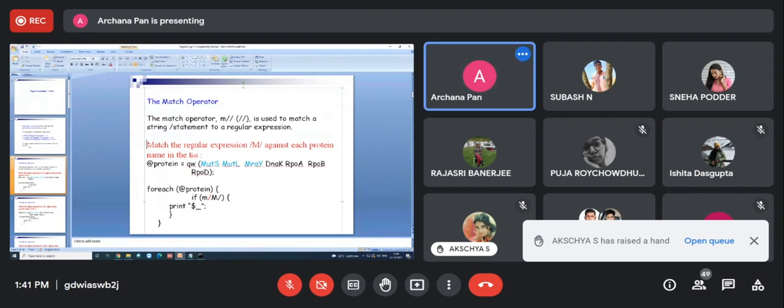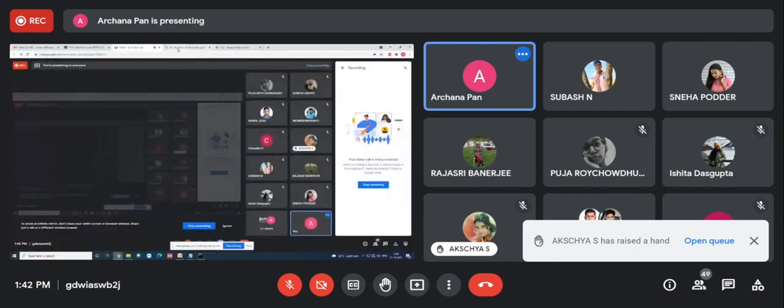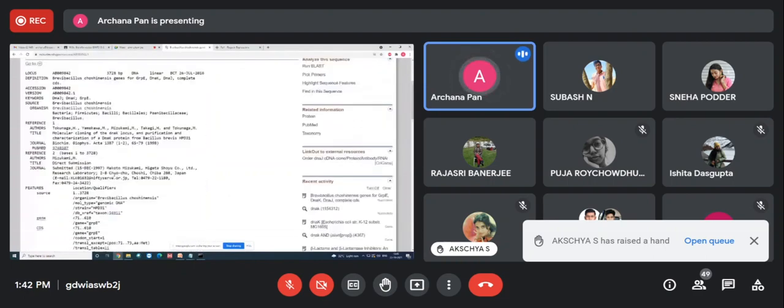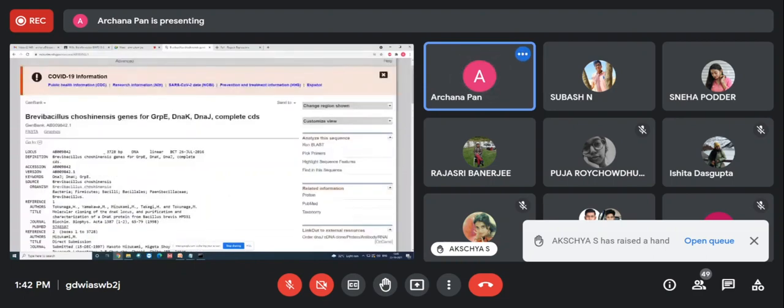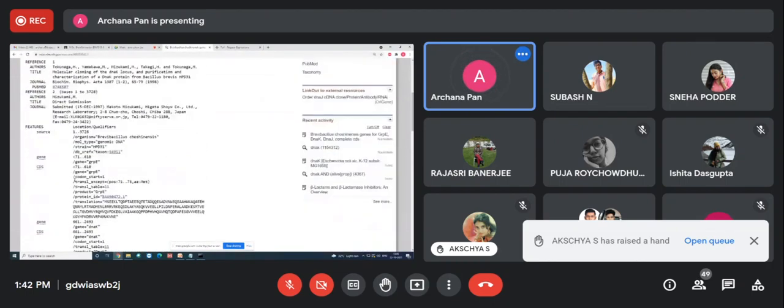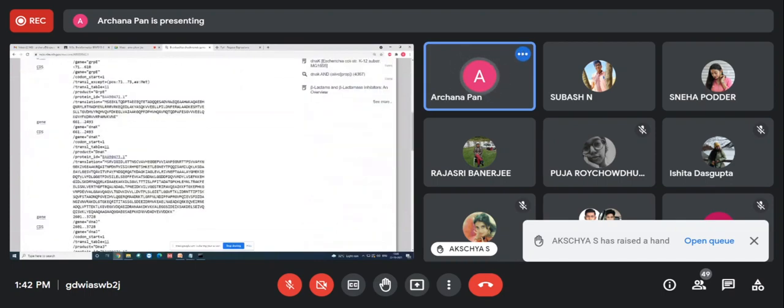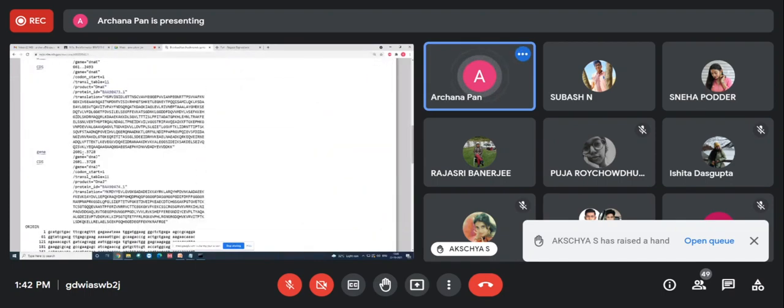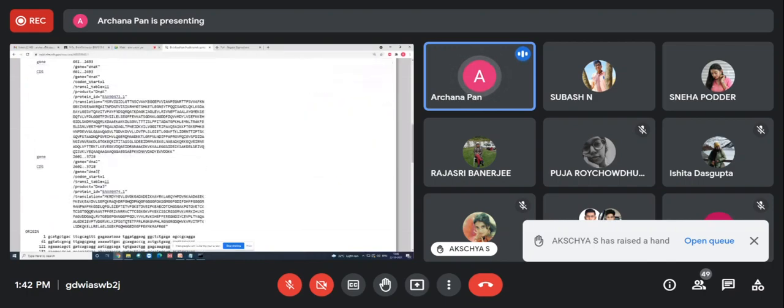See here, I have one example. Here we have one sequence in GenBank format. After all this description, the first part is the annotation part.